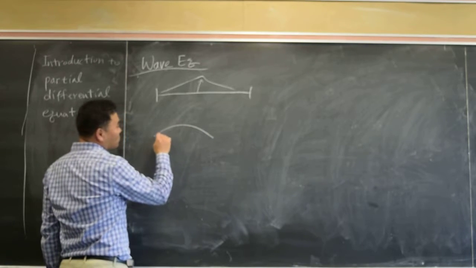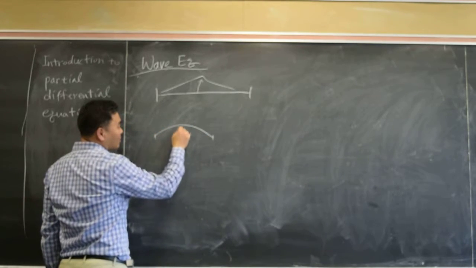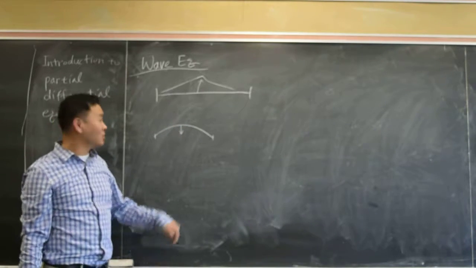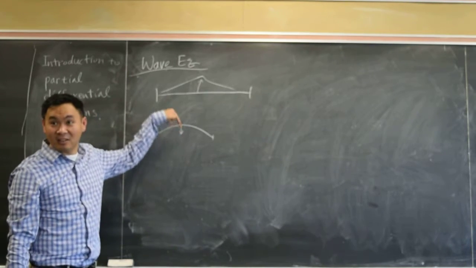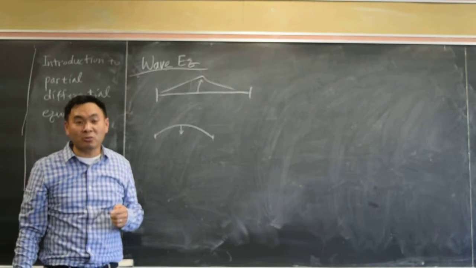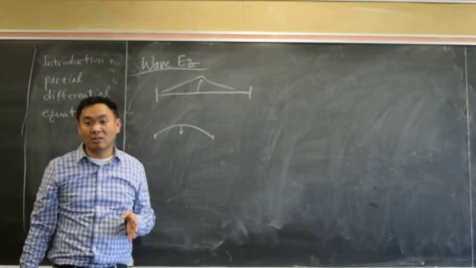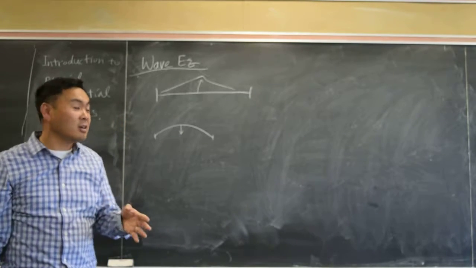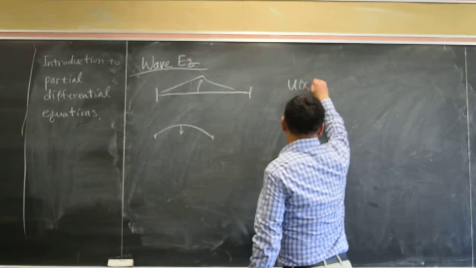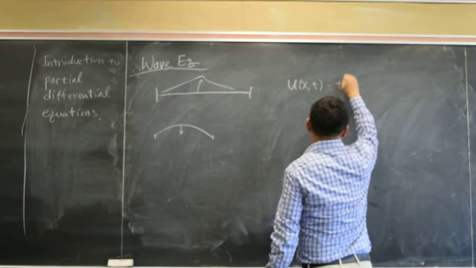If the string is bent like this, what's going on in this direction? What's being felt? It's the tension. Tension is, what kind of physical quantity is tension? It's a force, right? Okay, now, if you say u(x,t) is the displacement